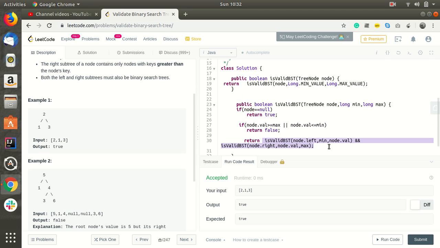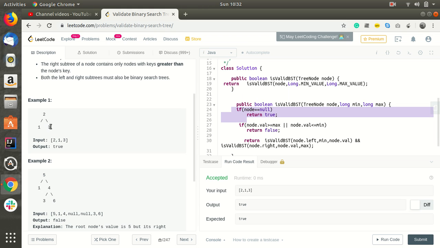Again, it will call node dot left with min and node dot val. Now the left of this is null, so it will return true, and the right of 1 is also null, so it will return true. Successively, it will return true.